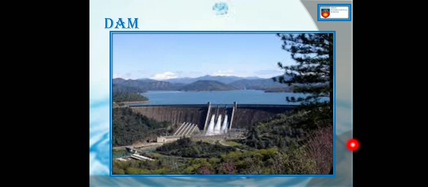Since dams serve many purposes such as storing water for irrigation, generating hydroelectricity, preventing floods, and providing drinking water, that is why they are called multi-purpose projects. Some of the main multipurpose projects of India are Hirakud Dam over Mahanadi River in Odisha, Bakra Nangal Dam over Sutlej River in Punjab,